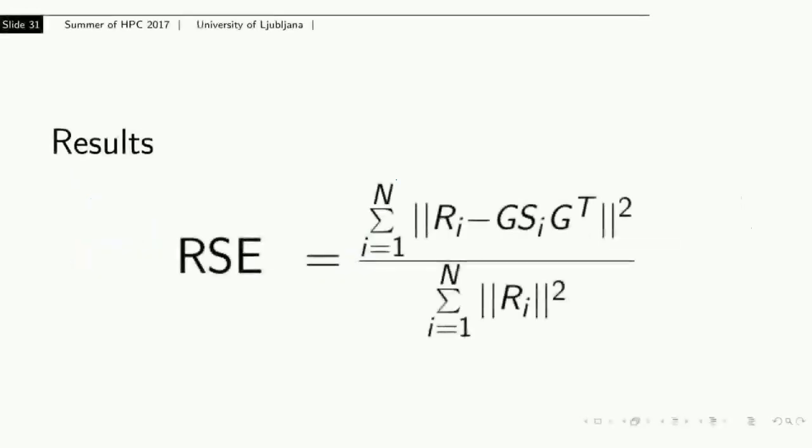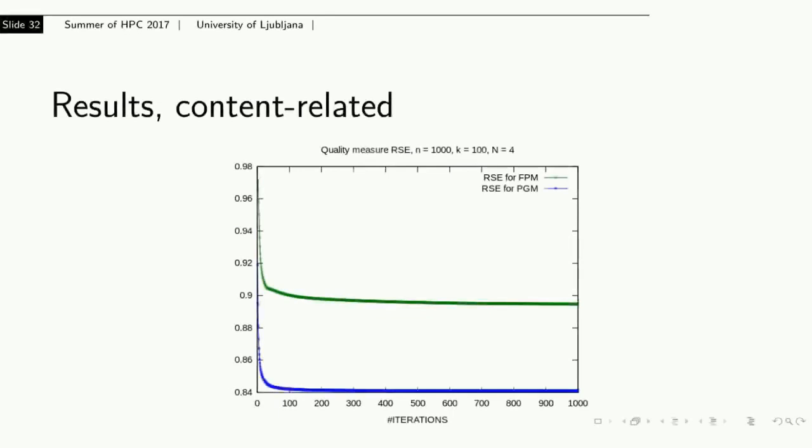Now we come to the point where I can show you some results. Let's begin with the content-related results. After each iteration, we could consider a quality measure of the factorization as it is defined on the slide. Accordingly, we investigate the difference in the behavior of convergence for both methods. For this purpose, we generated a simple test case and observed the RSE after each iteration. What you can observe is that the fixed point method converges much slower than the PGM,